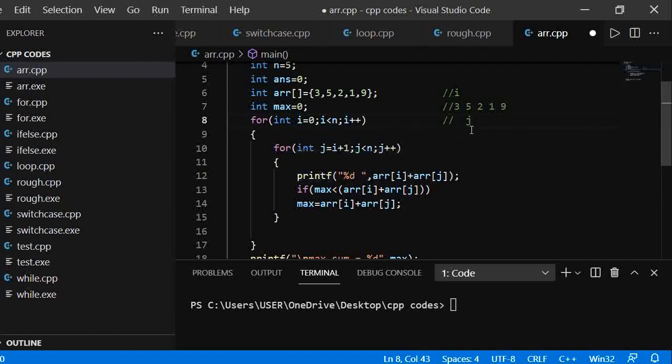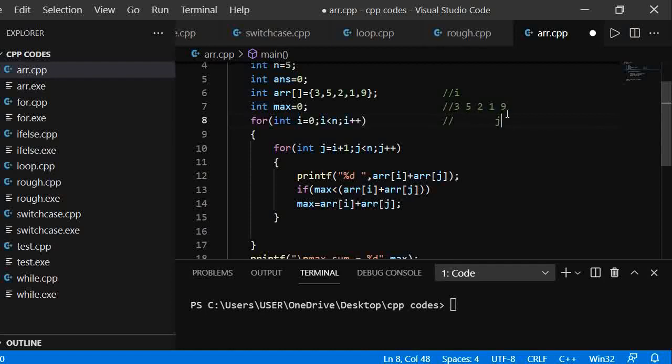Let's see how we are traversing through each of the pairs. When j equals i plus 1, j runs from i plus 1 to n. First j will be here, so we get 3 plus 5, 8. Then j moves to 2, and we get 3 plus 2, 5. Similarly, j moves to 1, and we get 3 plus 1, 4.